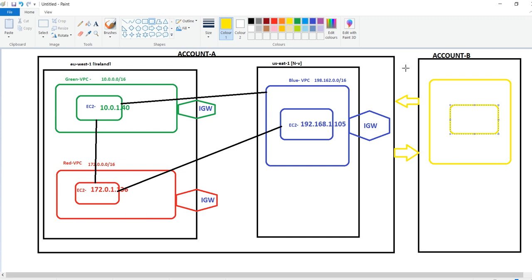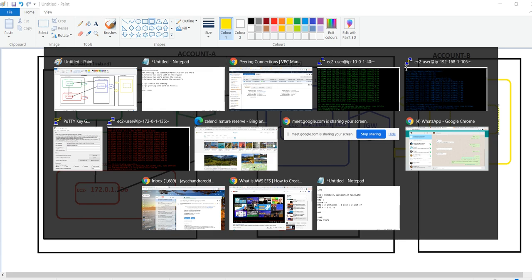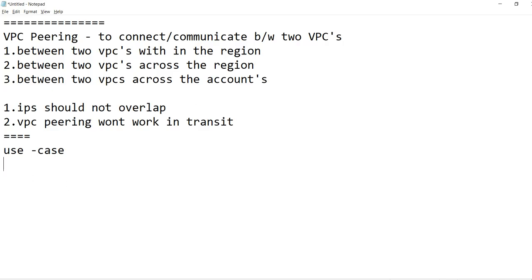That is the reason peering is there, and with the help of peering they communicate between accounts, between companies also. But that is not the only case.